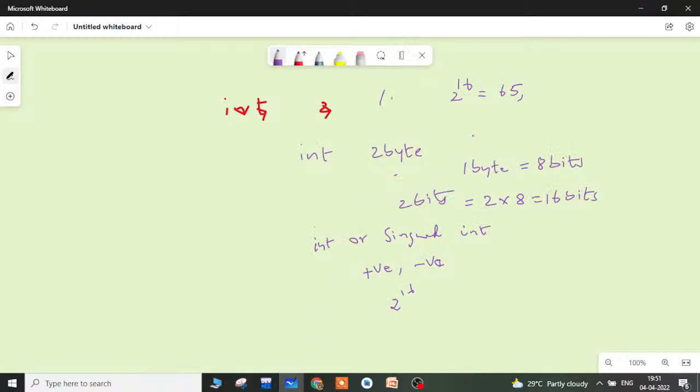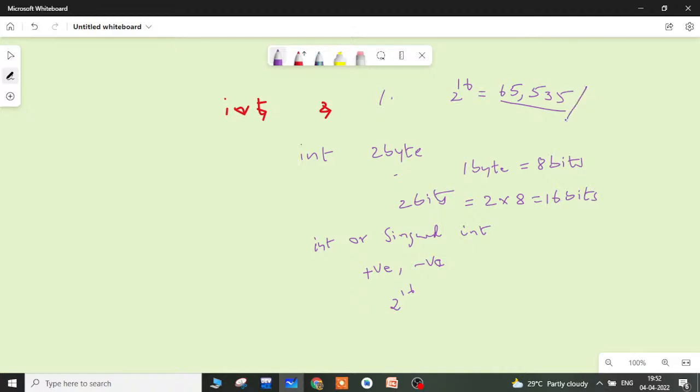So the range is 65,535. This will be the maximum integer value a 32-bit processor can hold. Whenever an integer has the capability to take both positive and negative values,